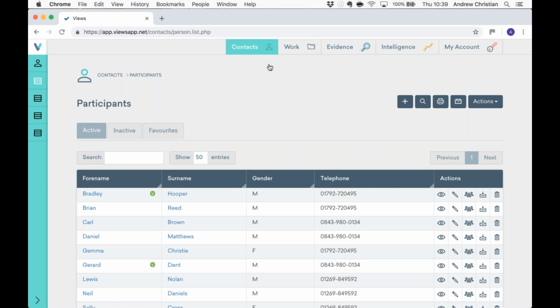Now, just to mention as well, all of the people and the data that appears in this are fictional. There's no real people or real data that will show. But what we have here is some dummy participant records. But let's say you want to add a new person to the system. All you need to do is click on the plus icon. So plus on Views always means add, and that's how you add a record to whichever database you're in, in this case, participants. So we click on the plus button,